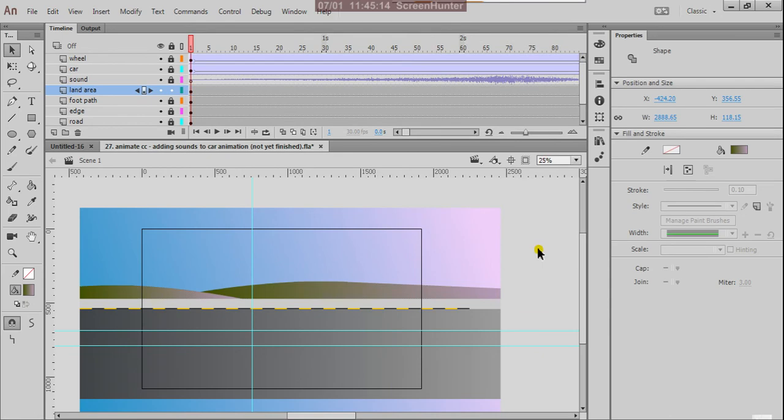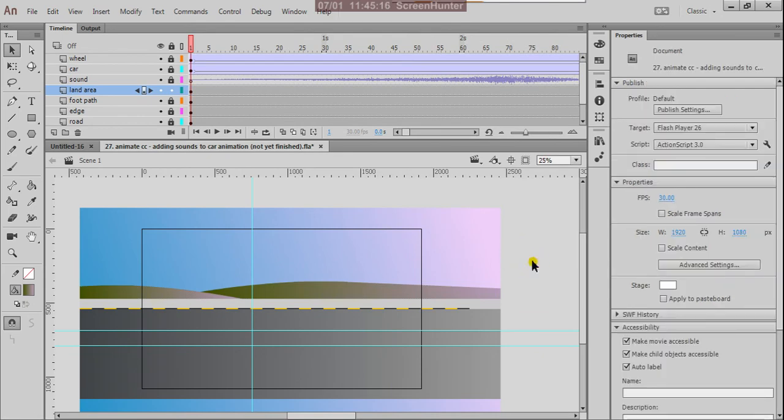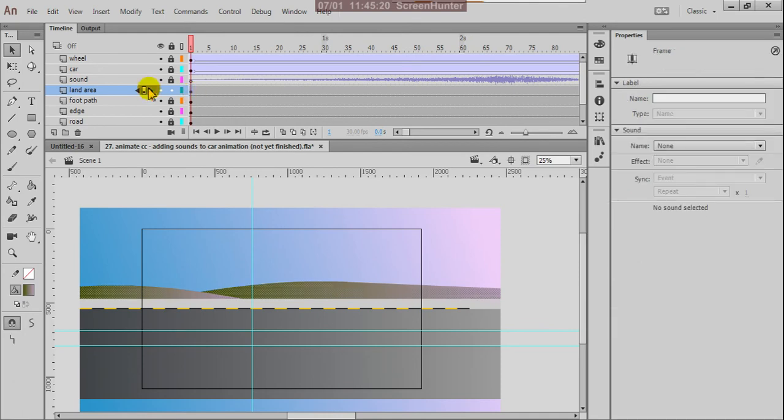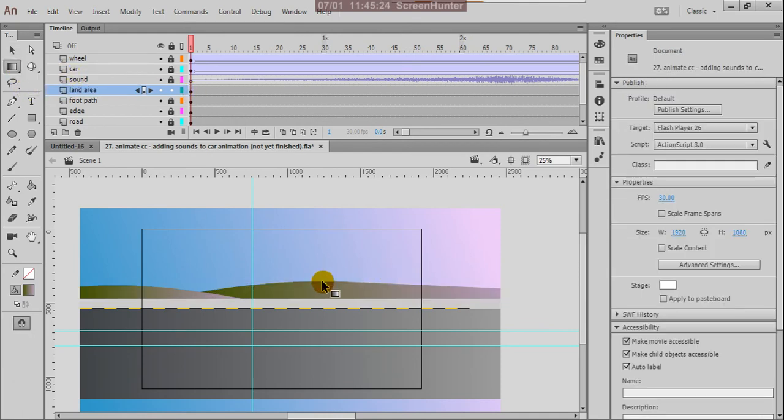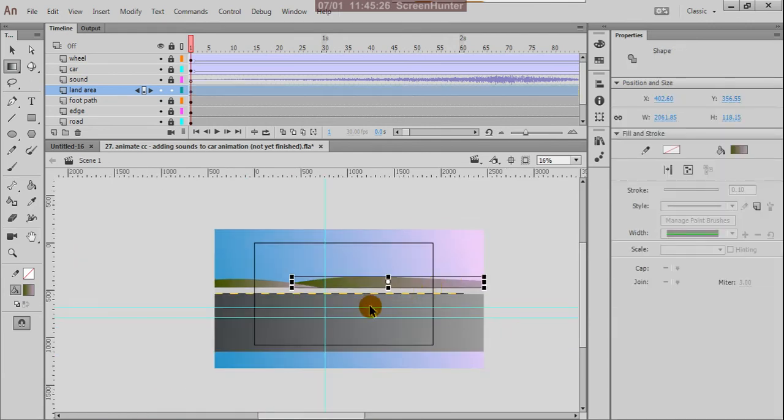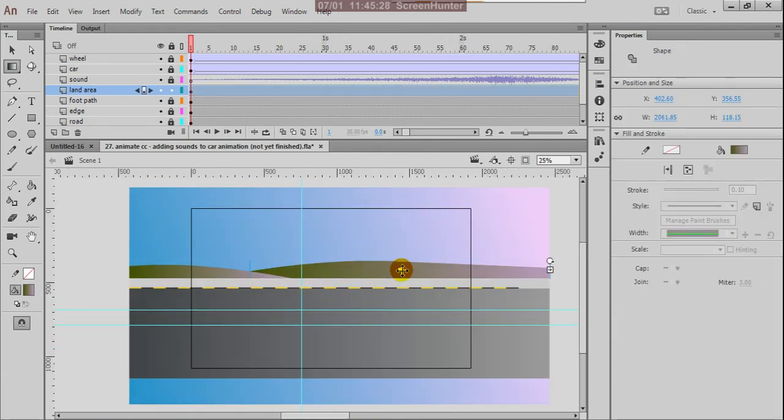Okay. Yes, now you can change this gradient up to here. Suppose this is, and you can turn this.